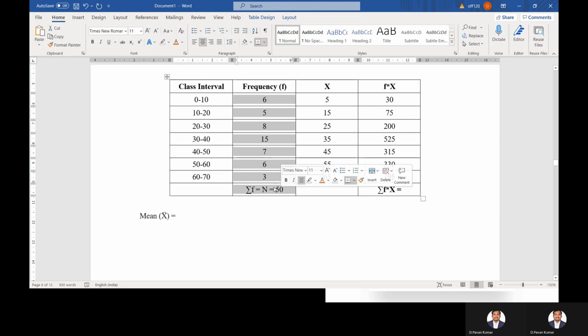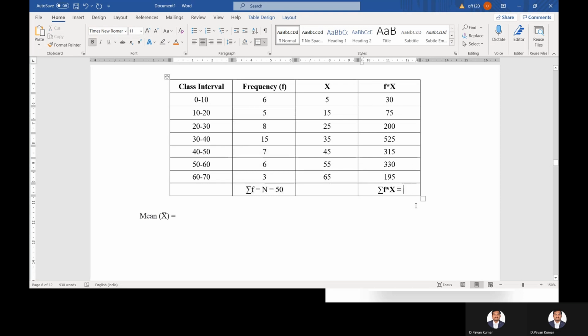It's a similar simple answer, so I've already written it prior itself. Now by adding f into x values, that means summation f into x, we'll get the answer as 1670. Finally, the formula of mean is summation f into x divided by capital N, that is equal to 1670 divided by 50. So the answer we get is 33.4. So on the average, what is the marks gained by the students here? It is 33.4 marks. Okay, that is how we conclude the problem. And so this is the direct formula which we have used.